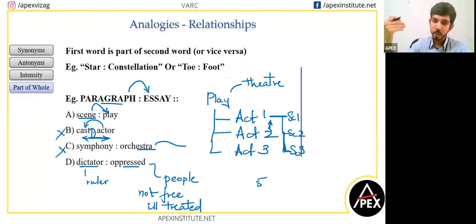So a lot of actors graduate from the theater into movies. They come that way because theater is a tougher test. Good. So the answer here is A. We're not only learning analogies, we're learning some new words and we are getting some general knowledge also on what is a play and what is that.